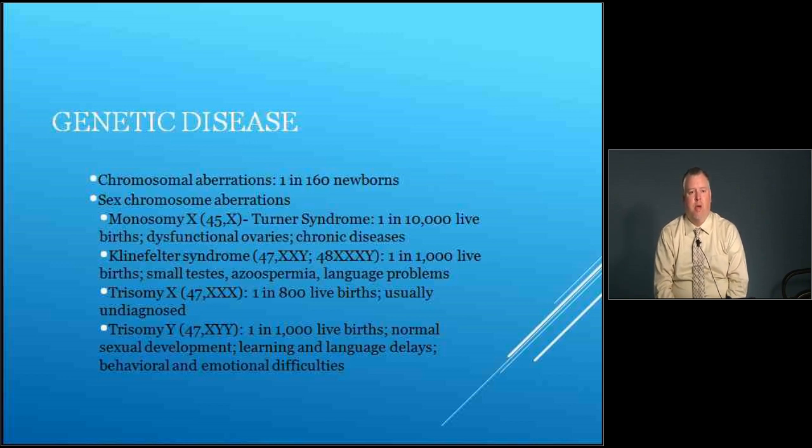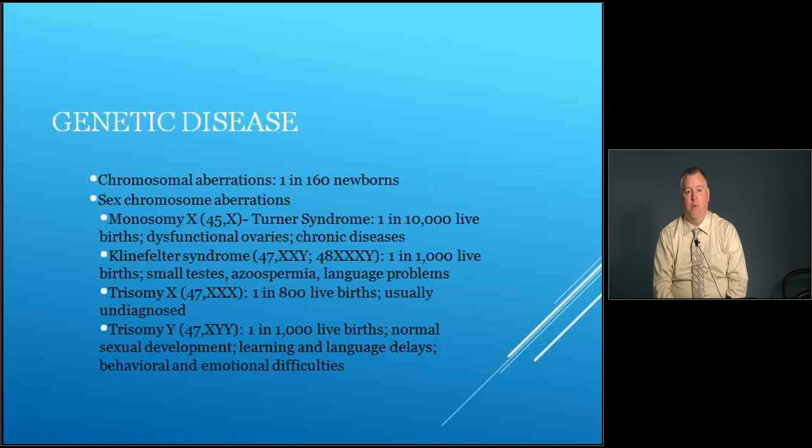There are sex chromosome aberrations, and the sex chromosome aberrations that you may see are monosomy, which of course means there's one copy of it. So monosomy X, and you'll see that sometimes as 45X, and that's called Turner syndrome. And that occurs in about 1 out of every 10,000 live births. These patients are phenotypically female, and they will have dysfunctional ovaries, and they're prone to a long list of chronic diseases later in life. Klinefelter syndrome, which is